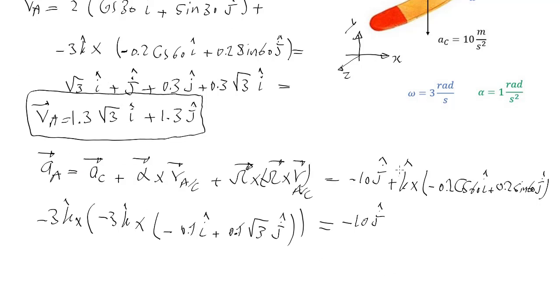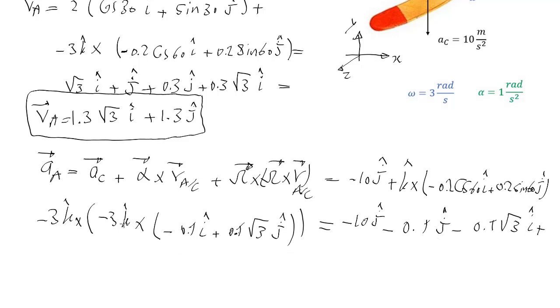So minus, and here is just 0.1, so 0.1 in the j direction. K cross j is minus I, and it's just going to be minus, so minus, again 0.1 square root of 3 in the I direction, plus